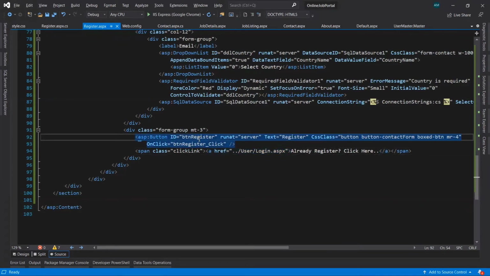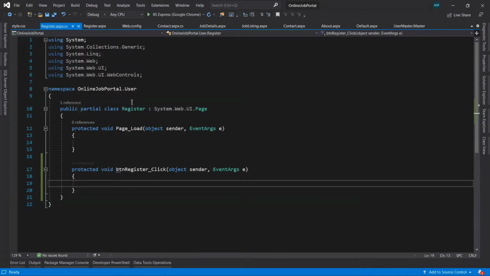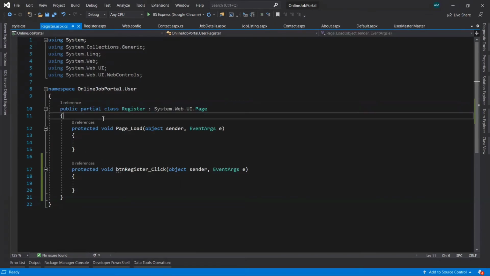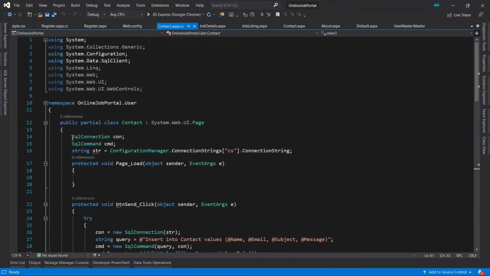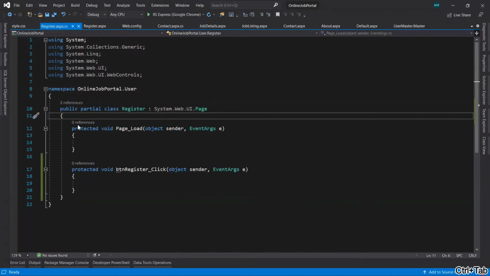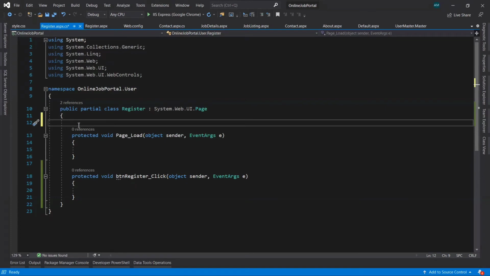Press F7, it will take us to the code behind page. Now just go to contact.aspx.cs. From there we'll copy some code and paste it here just before the page load event.